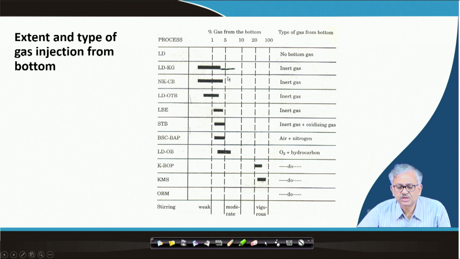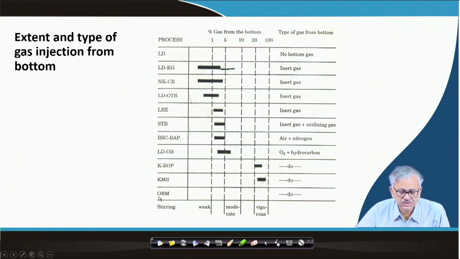In this region is the moderate stirring, right. And most of the processes like the LBE process are in this region, weak to moderate, that is within 1 to 5%. So, 1 to 5% gas injection from the bottom, inert gas purging from the bottom, is the regular thing, and you can have weak also, and you can have moderate. The LD-OB process can be moderate also, that is it may exceed 5%, and when it exceeds 20%, it is considered vigorous stirring. Some processes are there like KBOP, KMS with vigorous stirring from the bottom,